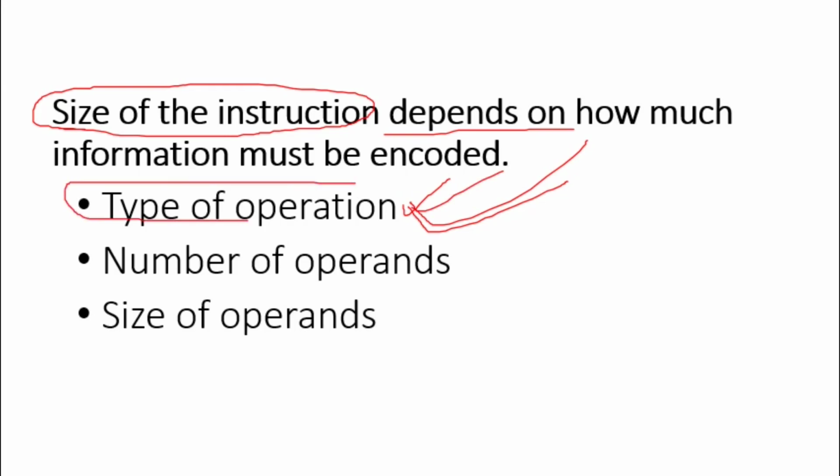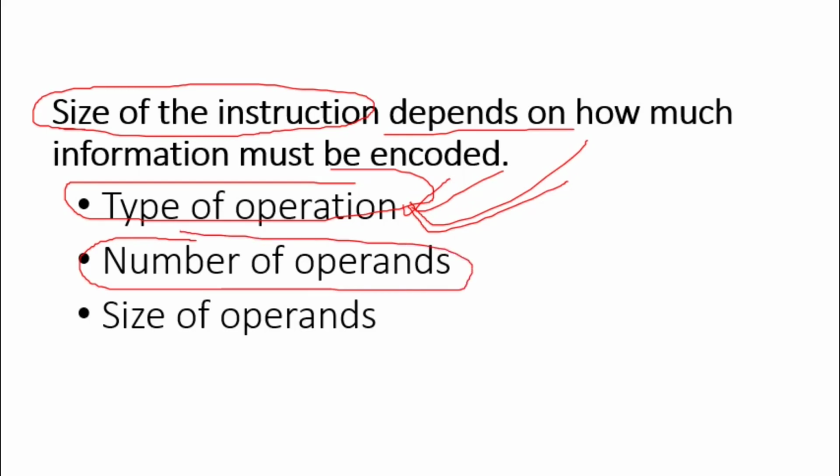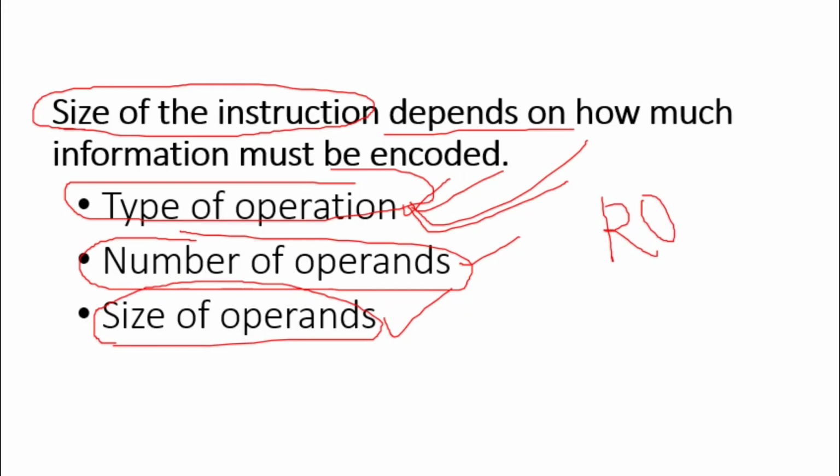So the type of the operation matters, and as well as the number of operands, because we have to store details of operands and which kind of addressing mode we have used. So based on the number of operands, the size of the instruction during encoding varies. And the major factor here is the size of the operands. Suppose I use the R0 register in source, storing which register I have used is one detail I require. And what is the size of R0 I am using?